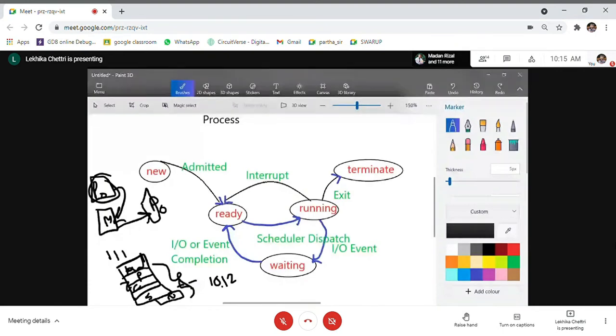Now what happens is, once a process is created and brought into ready, after it gets the resource, let us say a process can enter into running if it gets the keyboard. So now it has got the keyboard, now it will enter into the running. Running means now it is there in the CPU. Until it is ready, it is in the main memory; when it is running, it is in the processor, the central processing unit. So when it is in the CPU, that means in the running state,